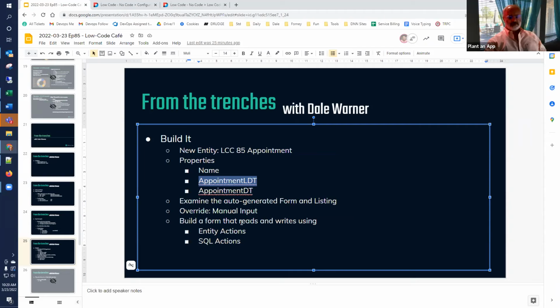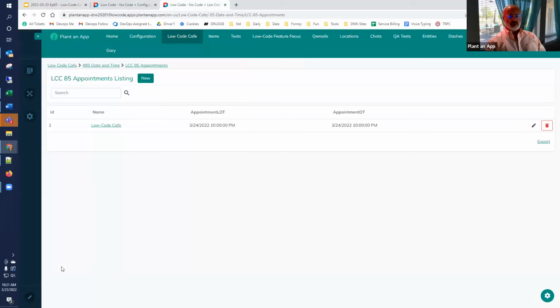So now the more detailed part of what we're going to do, show you, we'll build a form that reads and writes using these entity actions first. So if we were to go into edit mode here and add a new form,